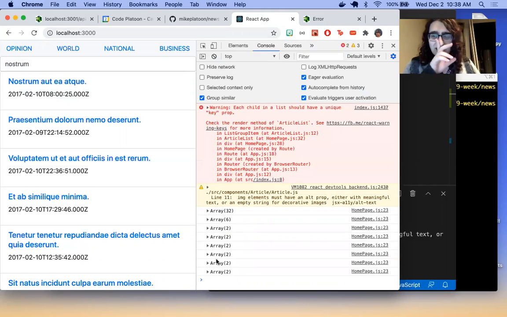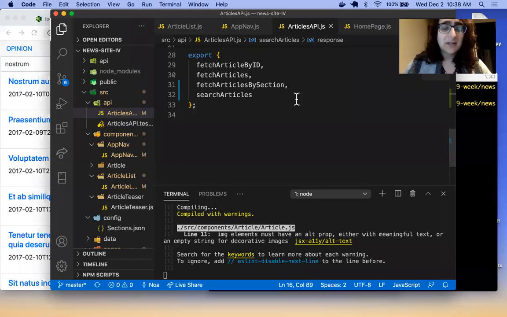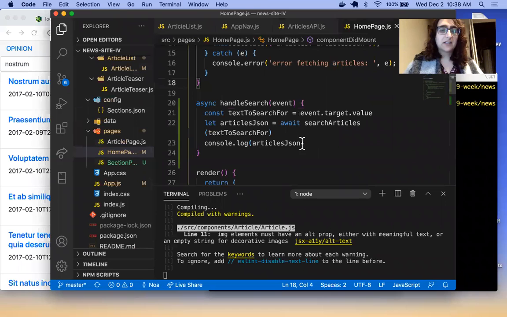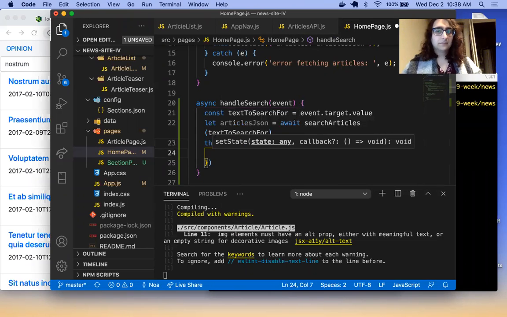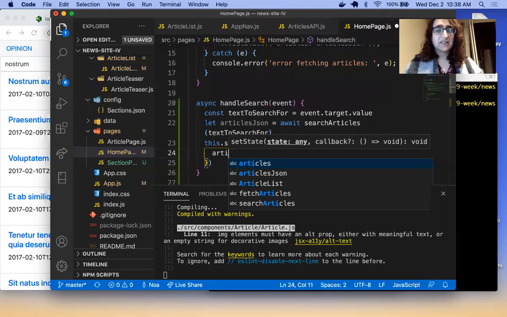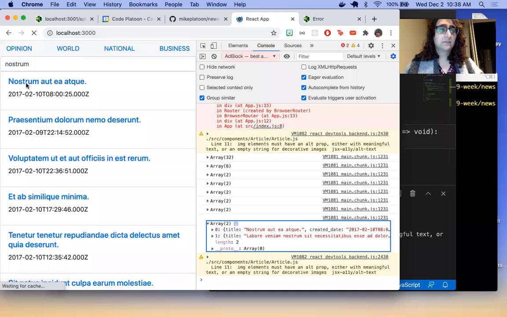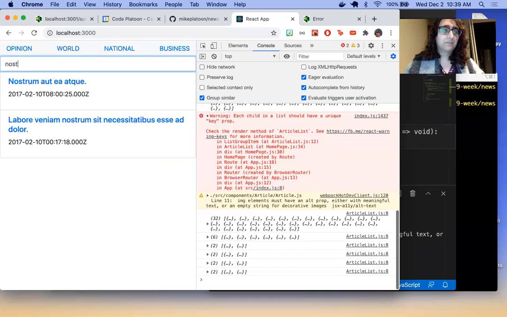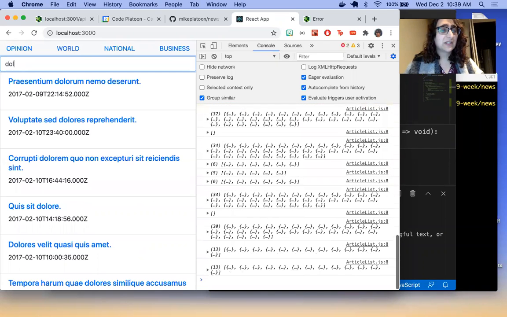All right, and we can see that console.log from homepage.js. So this part is getting updated. So now that that's fixed, I'm going to try setting state again. this.setState, articles is now articles.json. So if I do that, looks like it works. If I look for Delore,